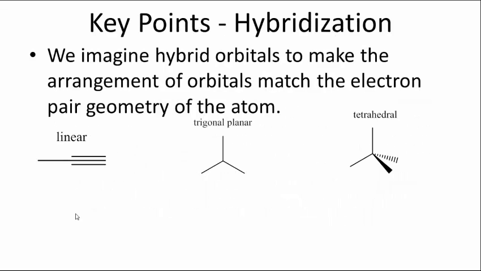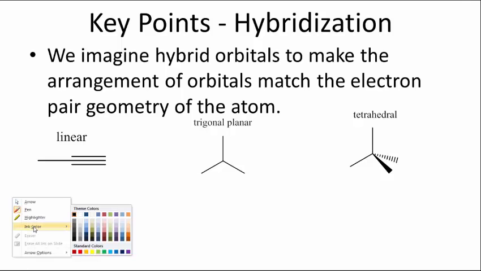So as far as hybridization, we start out with these atomic orbitals called s orbitals and p orbitals. In this class, we'll never deal with d orbitals or f orbitals. So if you've learned about d or f orbitals in the past, great, but you don't need that knowledge at all. All right. But we start out with each atom in its valence shell has